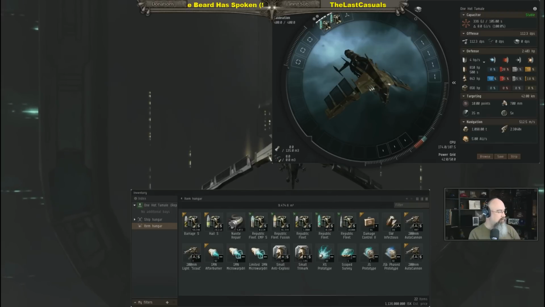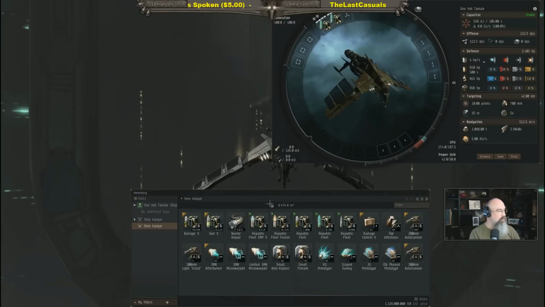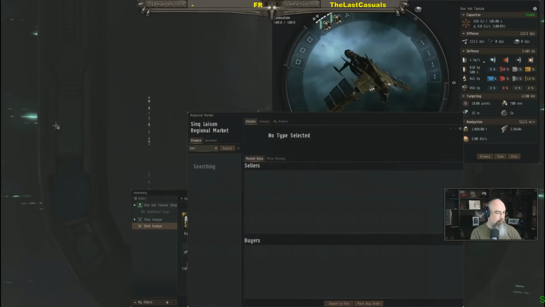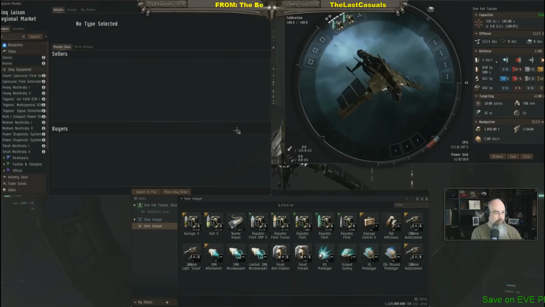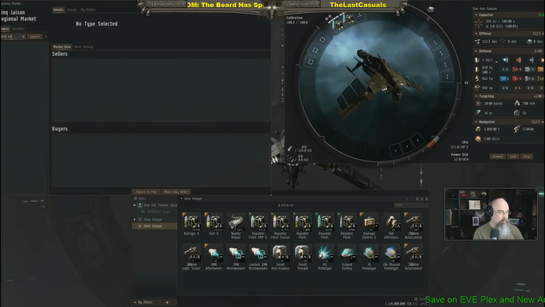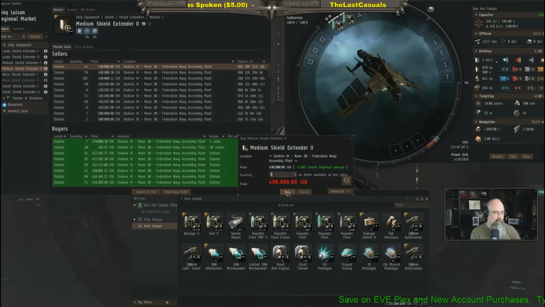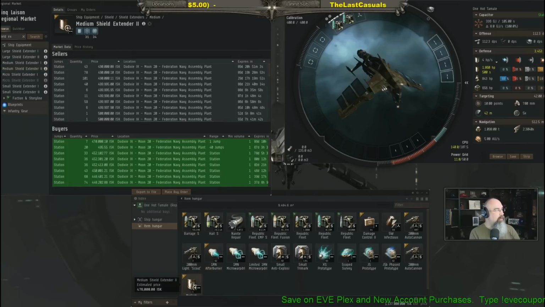Okay, so work on this fit some more. And let's see, Medium Shield Extender 2. I don't have one of those. All right, so open up the marketplace here. Okay, Medium Shield Extender 2. Okay, looks like I can use that okay. I'm just going to buy one of each of these and put this together. And then if it all works out,